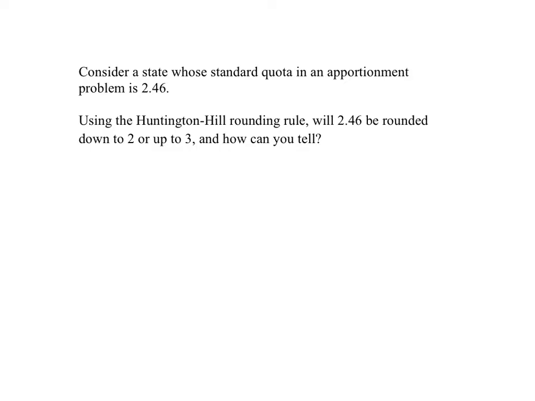We're getting used to the Huntington-Hill rounding rule, and our practice question is to consider a state whose standard quota is 2.46. The question is, should this 2.46 be rounded down to 2 or up to 3 under the Huntington-Hill rounding rule? Webster will certainly round this down to 2, but what will Huntington-Hill do, and how can we tell? We have to compare our quota of 2.46 to the Huntington-Hill rounding cutoff, which is the square root of